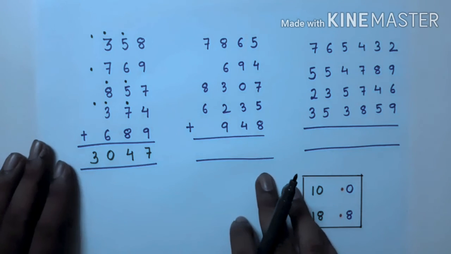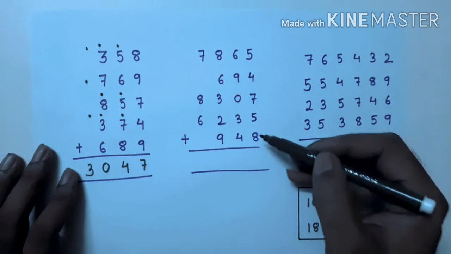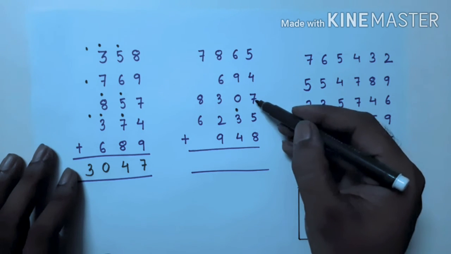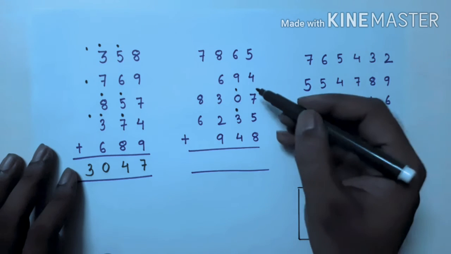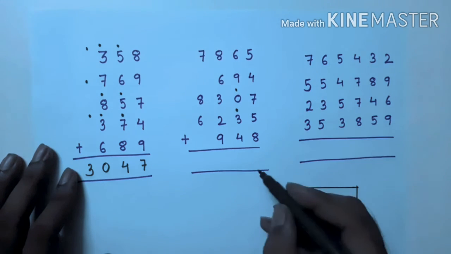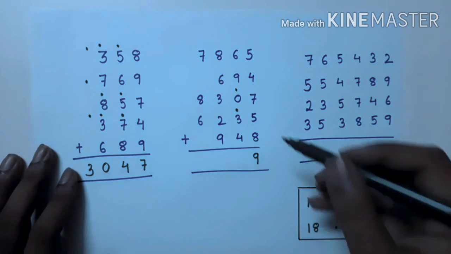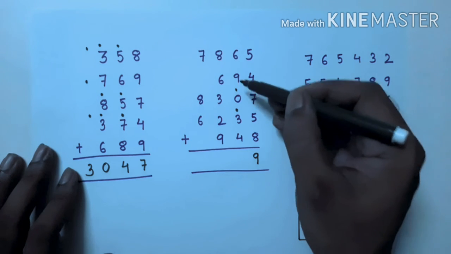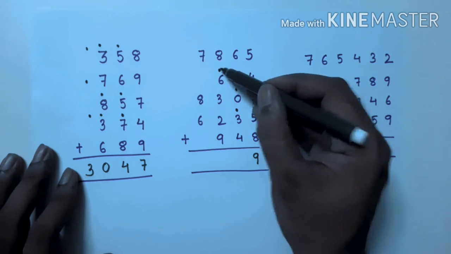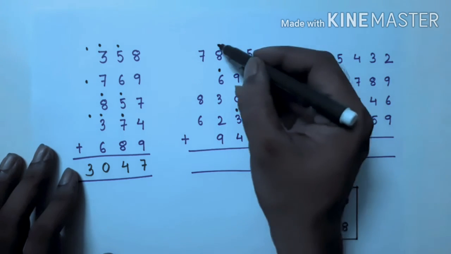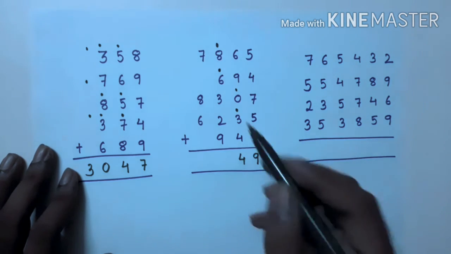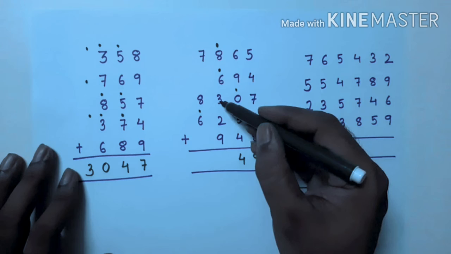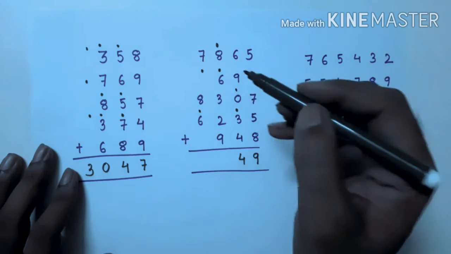Now we will see another example with large numbers. So you can see here 8 plus 5, 13, dot, 3 in the mind. 3 plus 7, 10, dot, 0 in the mind. 0 plus 4, 4, 4 plus 5, 9. Next 4 plus 3, 7, 7 plus dot, 8 plus dot, 9, 9 plus 9, 18. So dot, 8 in the mind. 8 plus 6, 14, dot, 4. 14, dot, 4. Next 9 plus 2, 11. So dot, 1. 1 plus 3, 4, 4 plus 6, 10. 10, dot, 0 in the mind.